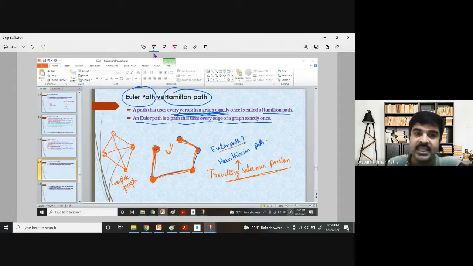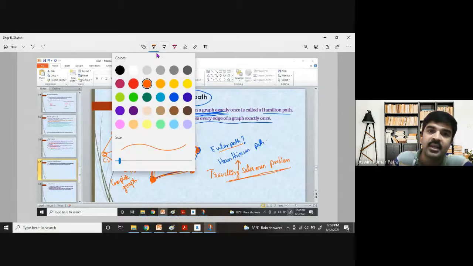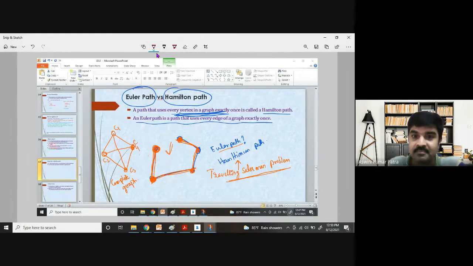And each vertex is a city, and a salesman who wants to travel to each city exactly once. Okay. Each city is what? Vertex. So of course it suits the Hamiltonian path example. Every vertex exactly once. Even if we can repeat the edges, you can repeat the edges, but you cannot repeat the vertices. That's not permissible.